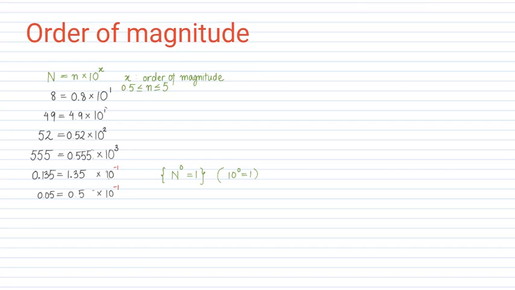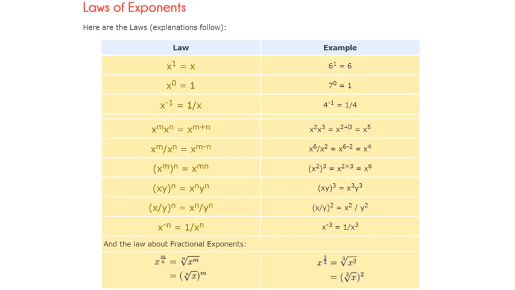In our last class we discussed order of magnitude and the law of exponents. Now, why do we require order of magnitude and the law of exponents? For that let's take an example. Suppose I ask you to multiply these two numbers: 20,000 multiplied by 0.0002. I think some of the students can do this calculation without a calculator and some of the students are confused.